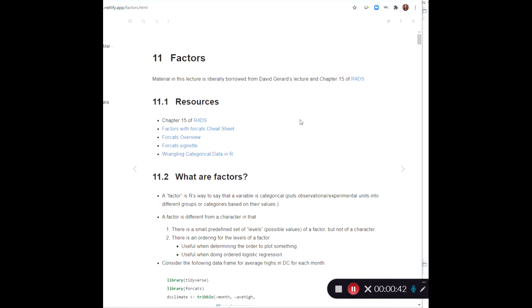Now, what are factors? If you remember from your basic stats class, you talked about different variables being either categorical or quantitative. So this is for categorical variables, which puts units into different groups or categories based on their values. It's different from just a character variable in that there's a predefined set of levels or possible values of a factor. There is not for a character. And sometimes there is an ordering for the levels of a factor. So sometimes you want to order them